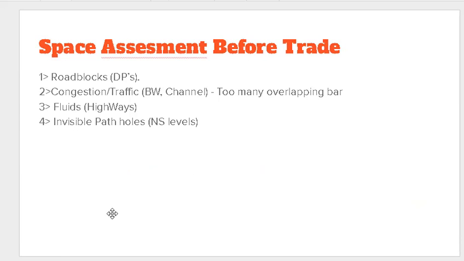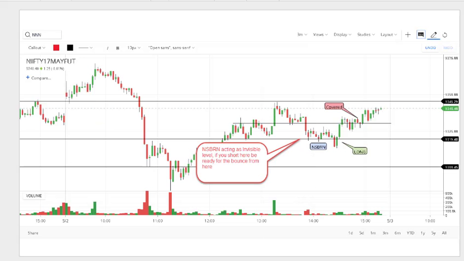Okay, and anything else? Fluid is visible, Nifty spot levels. Whenever you take a trade, the Nifty spot levels also resist the move, as I said before. For example, take the price action that happened on May 2nd, that is today. If you are planning to take some breakout failure trade here or here, be careful. There was a Nifty spot BRN here. The ideal trade would be to take the help of it and try to trade away from it. Or look for the price to get accepted below this level and then take the trade, keeping your stop above that.